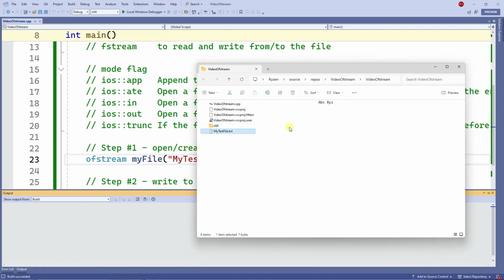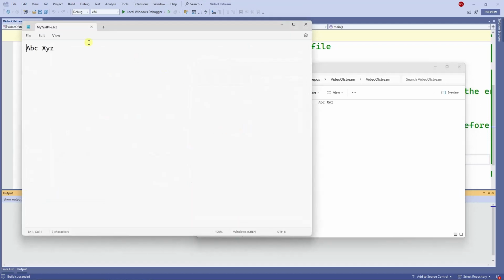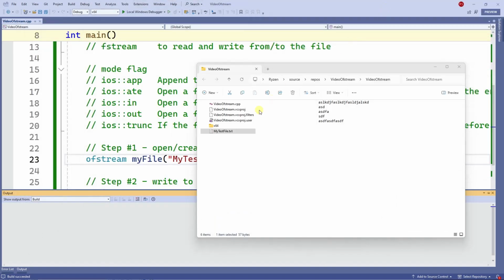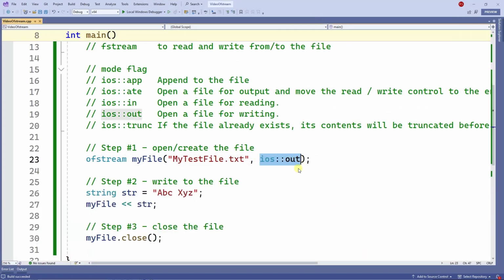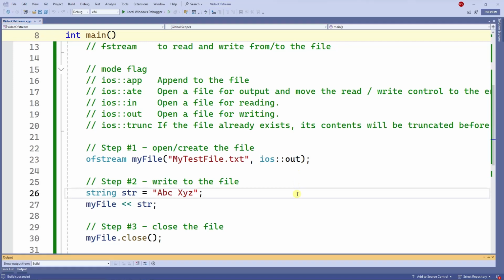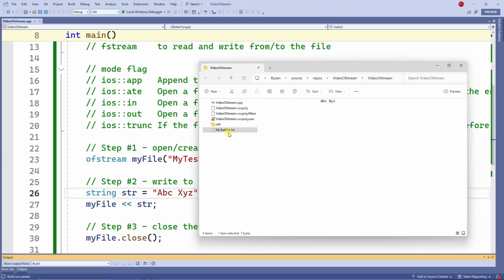So now I'm going to open this file and I'm going to write something right here. I'm going to write some random text, and the reason I'm going to do that is because I want some content on this file. And then I'm going to run the program again, and then we're going to see what happens to this file if it has content and you write to the file using the out flag. So run, done. And now if I open the file,